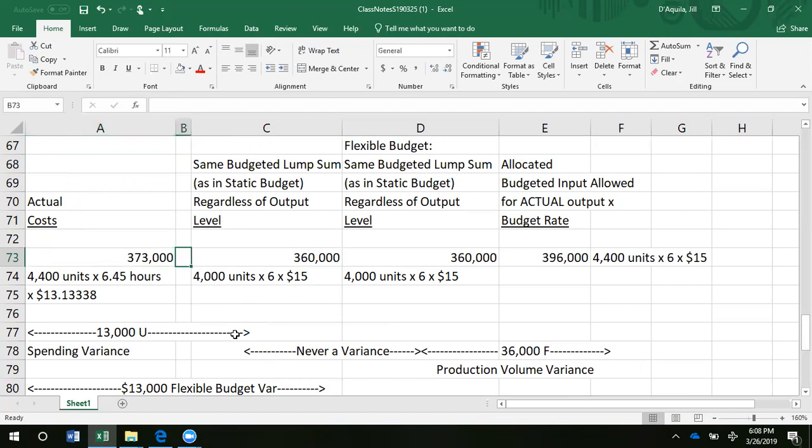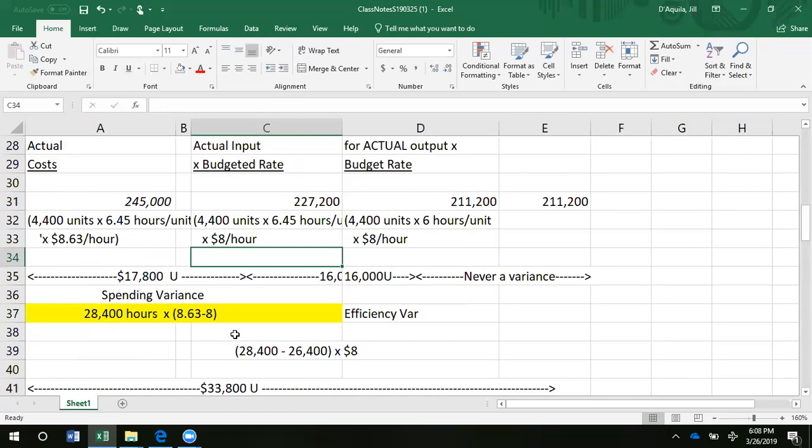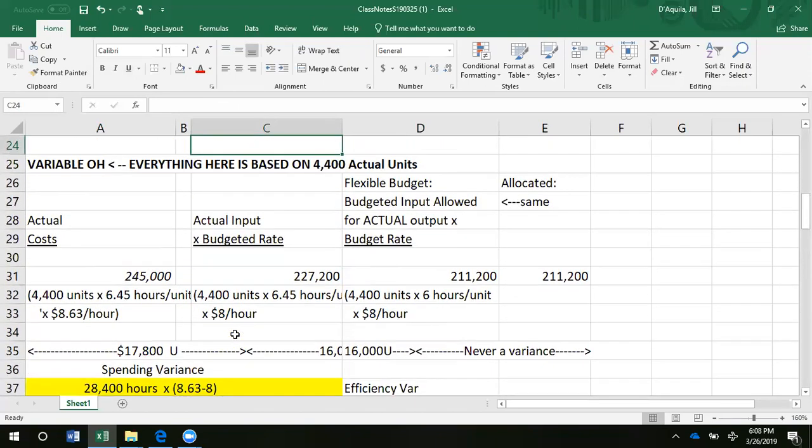Now, this piece here I'll tackle in a moment. This was purely a production volume variance. This was purely because we made 4,400 units when we budgeted 4,000 units. So that part was favorable. But this piece here, in total, our fixed costs were higher than what we had anticipated, and that is why it's unfavorable. If I go up a little bit and we take a look at the variable cost, the variable overhead,